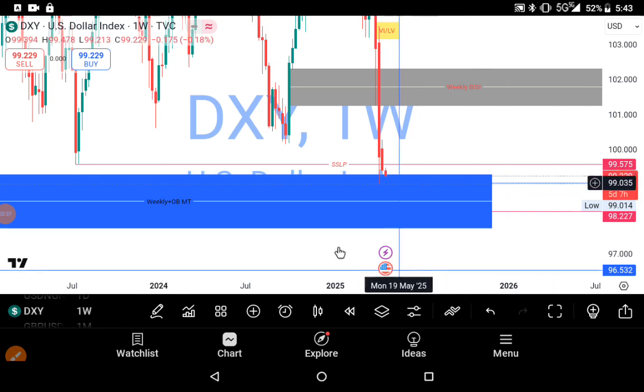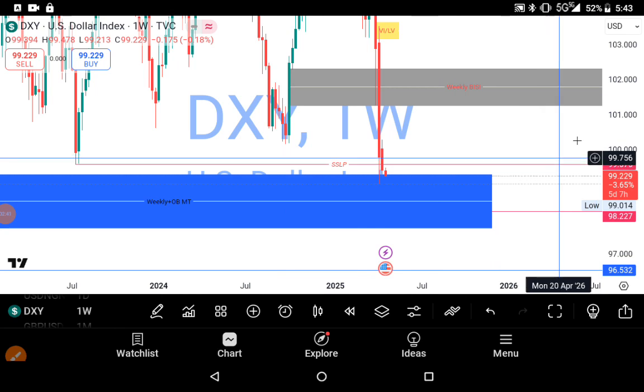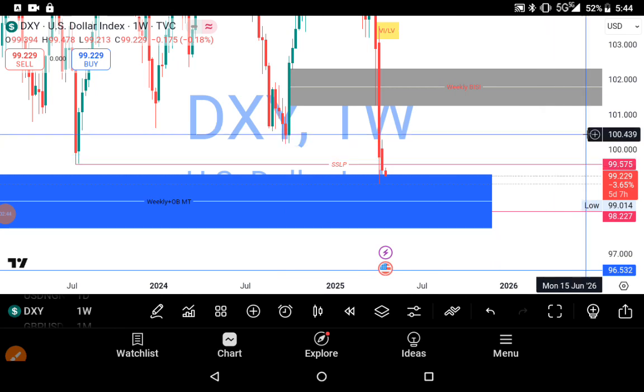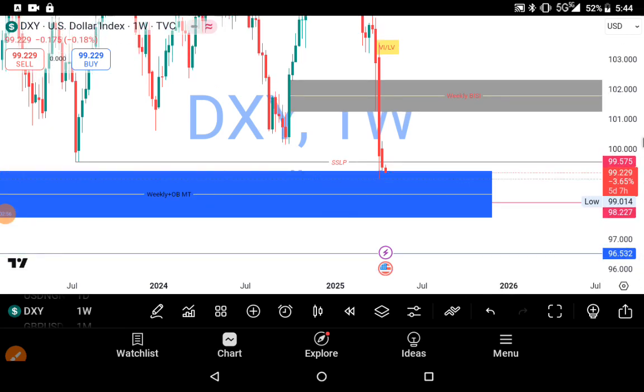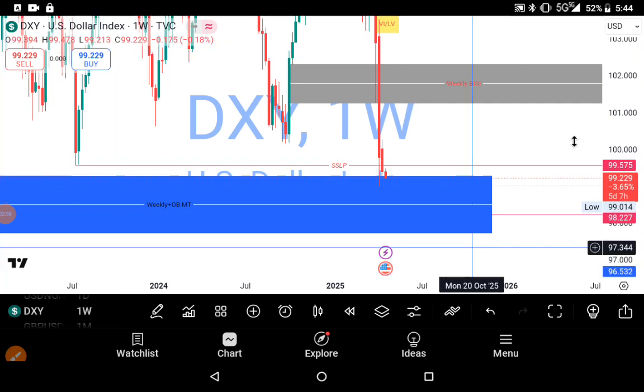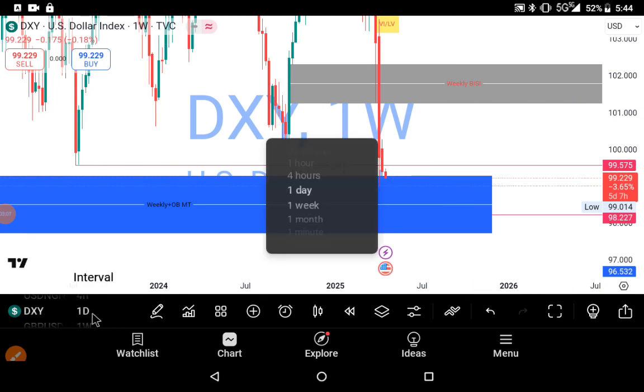So if the market is really heavy and does not give the opportunity to relax a bit, then we'll be interested in 97 big figure. Then we should be able to see 96.532. But if the market price stays above 98,500, then I'll be watching 100.500. So that is that. Let's go